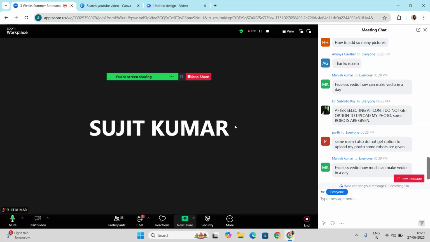So with one Gmail ID it will give you some specific credits only for the lifetime. If you have used all those credits, then you have to switch to some other Gmail ID, or you have to use some alternatives. After selecting the AI icon, I do not get the option to upload my photo.